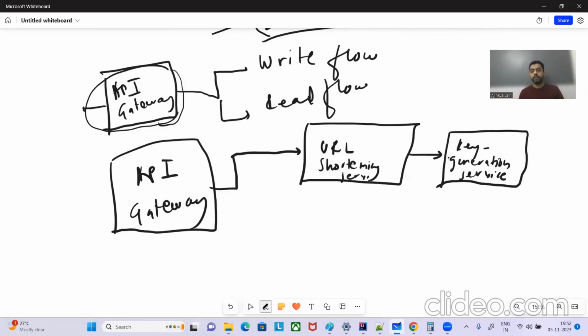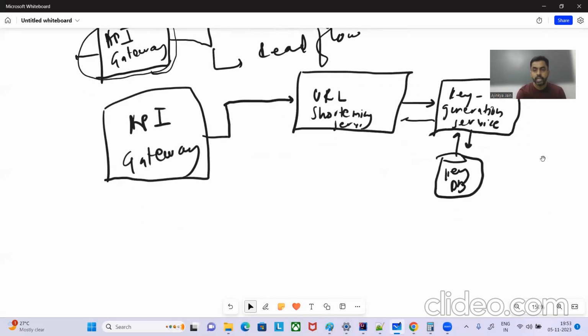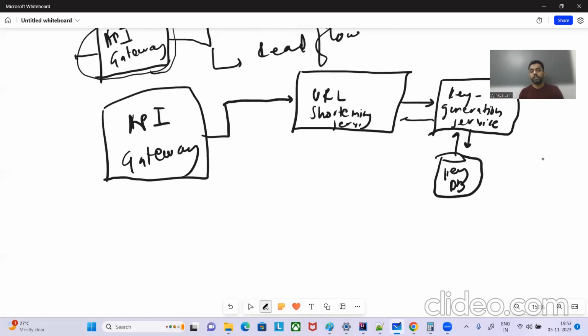And what will the key DB do? It will fetch from the key DB, and it will give the short key. Now, we can discuss the key DB. The key DB can have two further tables: unused keys